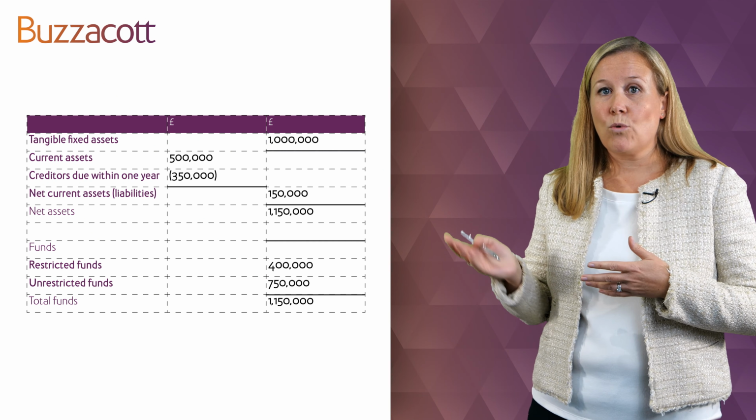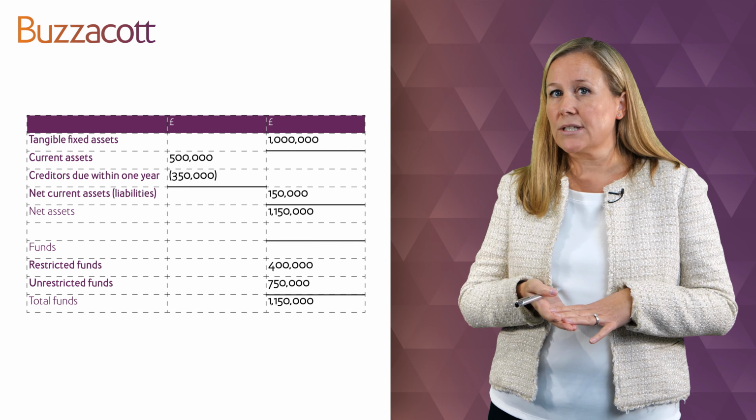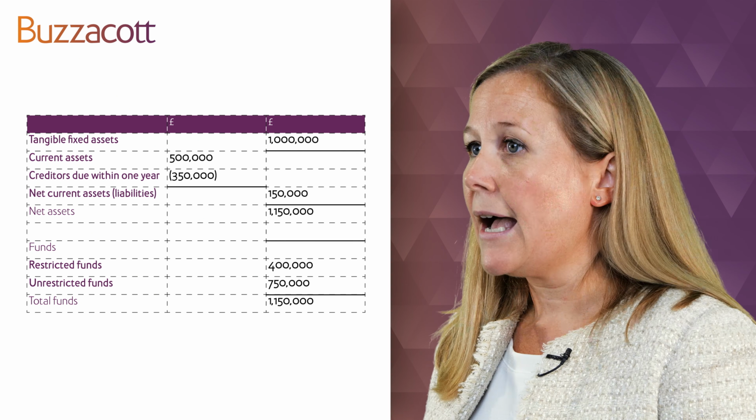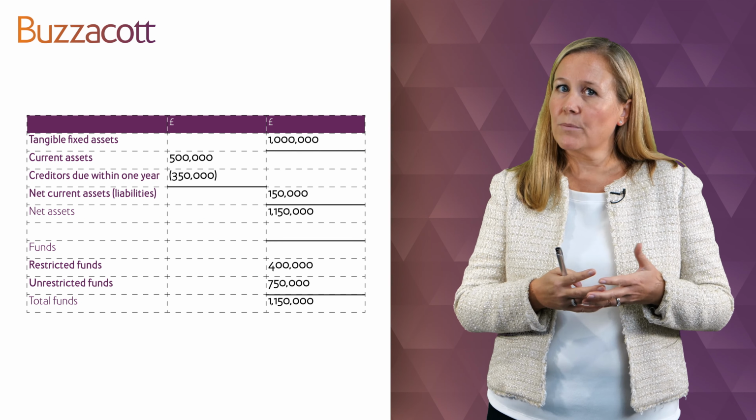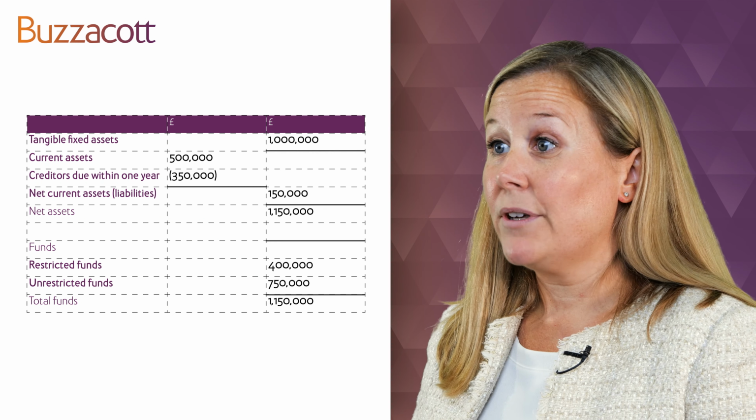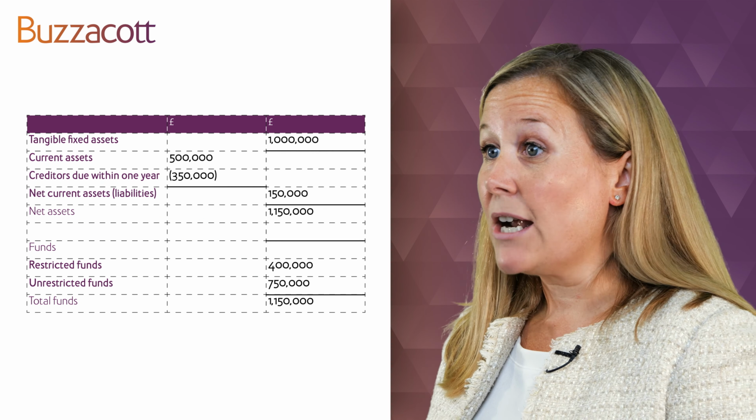We'd normally ignore the 1 million fixed assets because you can't dispose of them and turn them into working capital, so you actually need those as assets to run your organisation. But the 150,000 over net current assets, that would be a reassuring factor. However, in a charity, it's a bit more subtle than that, and we'll see that on the next example.